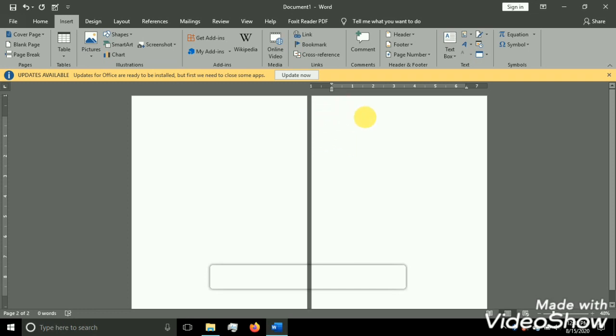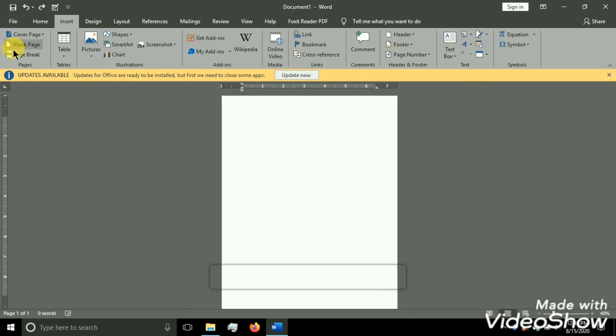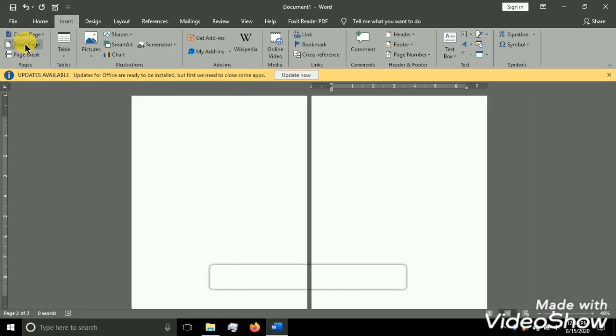So what we can do is use the tool called the blank page tool, so that I can easily go to the second page. Here in this document, I want to leave this first page blank, and I want to start my book or my text from the second page.